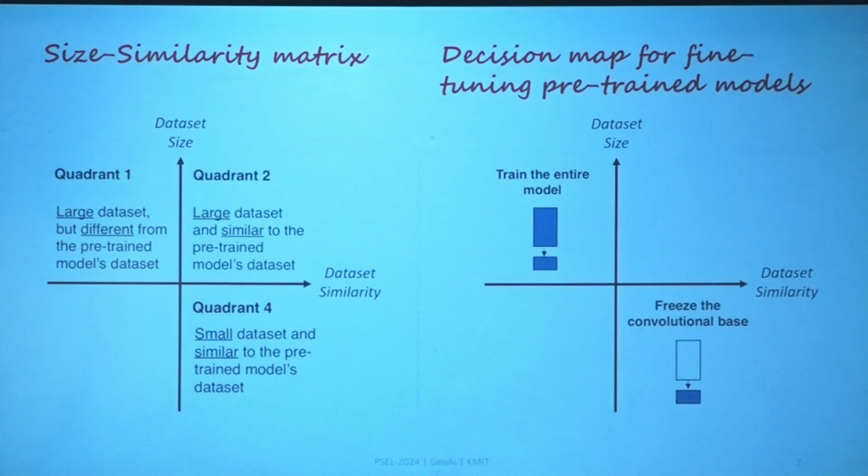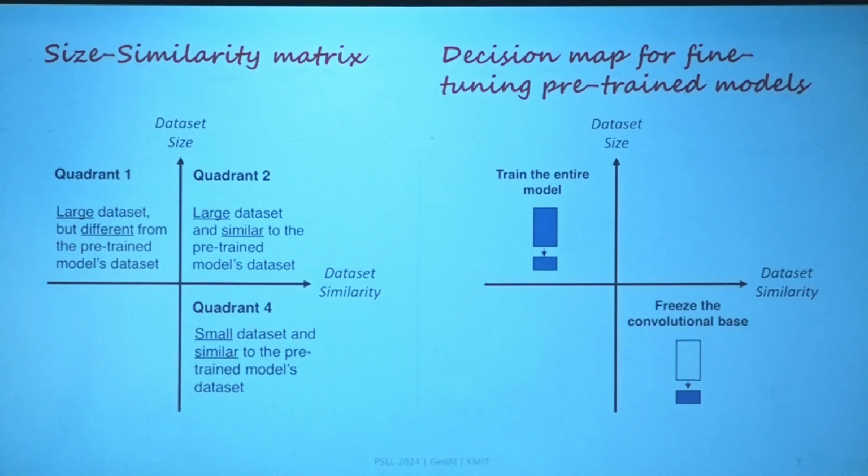The next two cases are quadrant 2 and quadrant 3. Quadrant 2 is the case with a large data set similar to the pre-trained model data set, and quadrant 3 is a small data set dissimilar to the pre-trained model data set. Obviously, you can use any strategy, but preferably strategy 2.